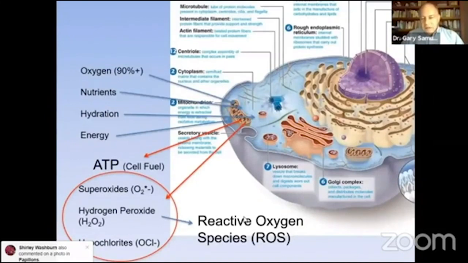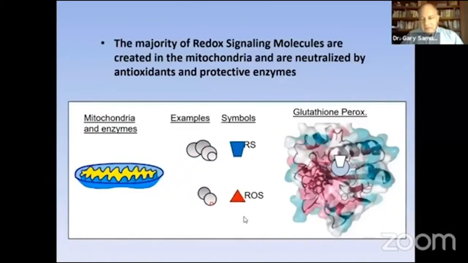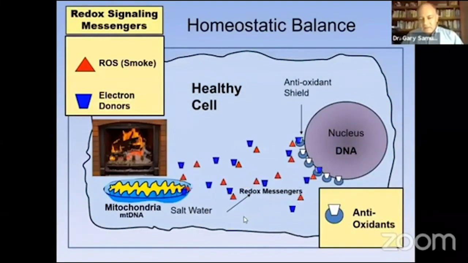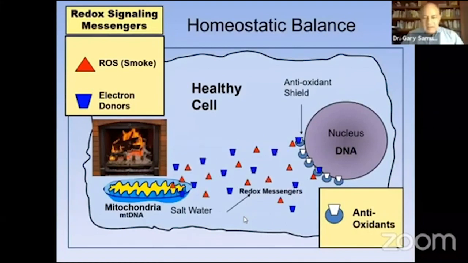Most of these are produced while the metabolism is producing sugar and creating superoxides and such. And these are being created by the mitochondria, and then they're being eliminated by the antioxidants. Inside the cell, there's a continual process of creation and elimination of these redox signaling molecules. Some of you have seen this before. And that's wonderful because the mitochondria is producing energy. It's also producing these things, and it's keeping in a homeostatic balance all of the oxidation inside the cell